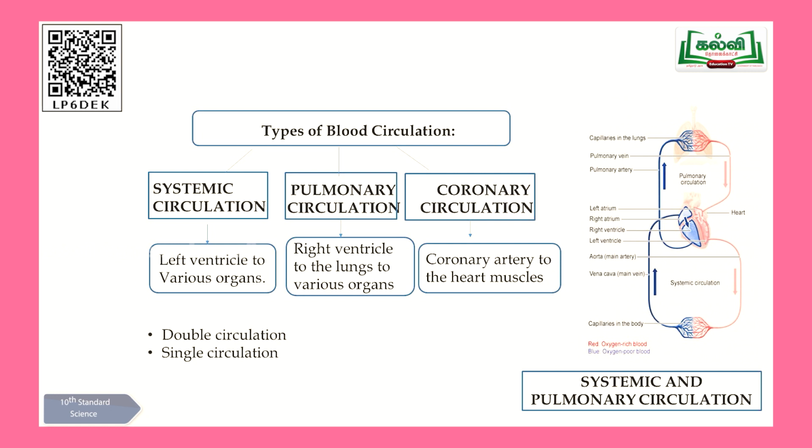Now comes the third one, coronary circulation. Coronary artery is an artery, comes out from aorta. When aorta branches out of the heart, the first division is nothing but the coronary artery. That coronary artery will be branched out into right and left side, and they just supply the oxygenated blood to the walls of the heart, because the heart needs nutrients for its pumping function.